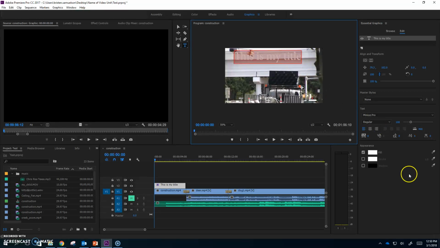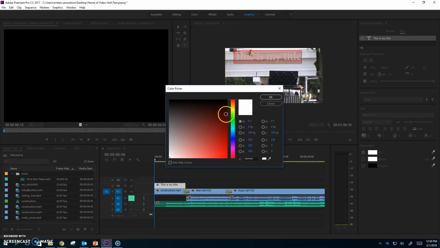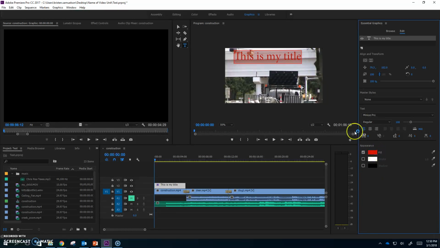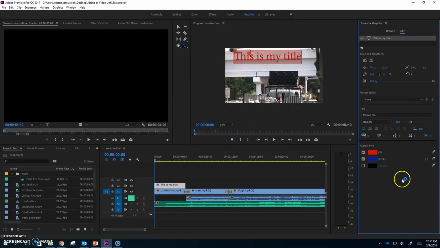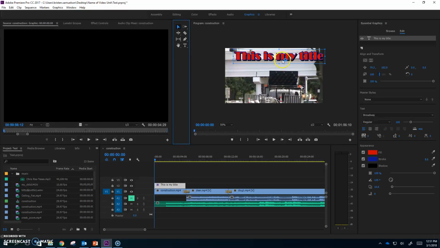Okay, and again, if you select it, you can specify a color. So it has a red fill. I can even give it a stroke if I wanted, and I'm just choosing some random colors. They don't necessarily look good together. I can increase the stroke size, and I could even give it some sort of a drop shadow. Here I have the ability to change the font, and then I can use the arrow to move it where